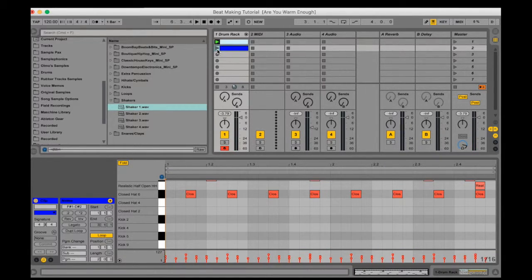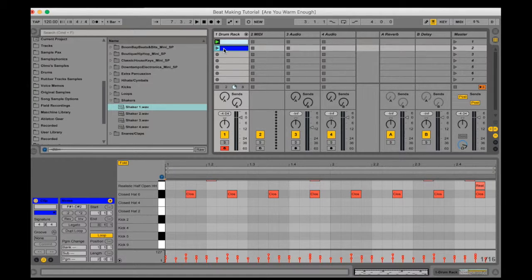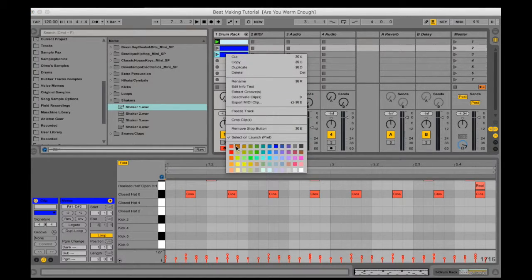So let's have a listen to this. And then if you bring in the kick, it sounds like this. So you can see the difference having a kick drum in there makes or not. We're going to duplicate that again,